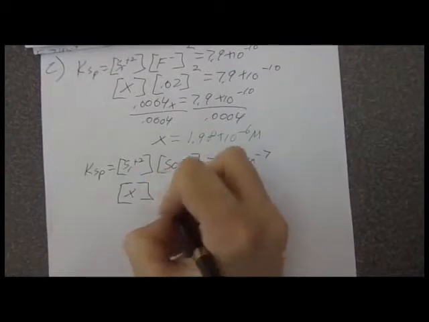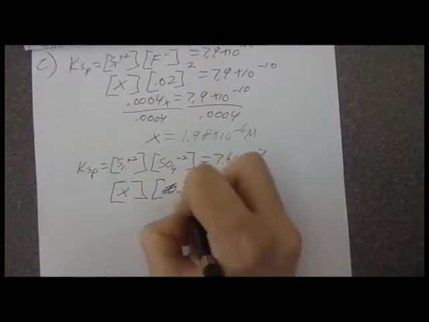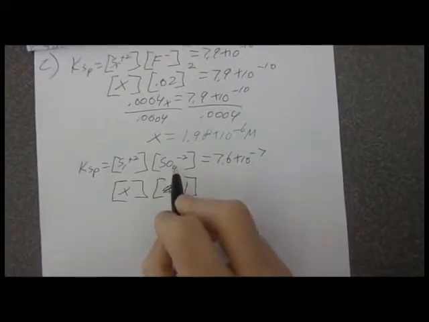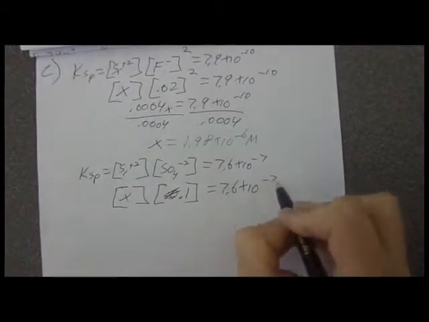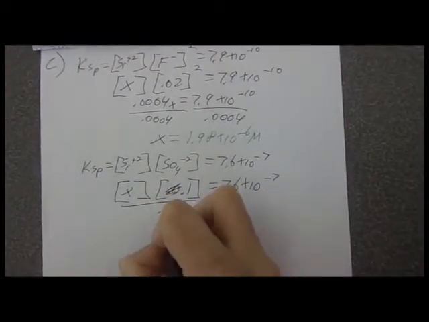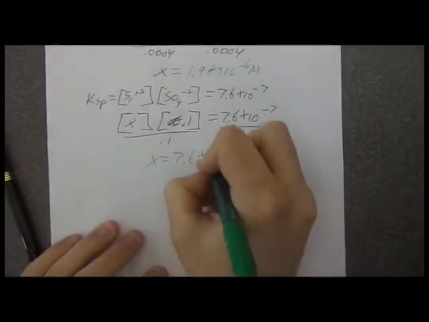So we have X times 0.1 for the concentration of sulfate equals 7.6 times 10 to the negative 7. So we divide both sides by 0.1, and we get X equals 7.6 times 10 to the